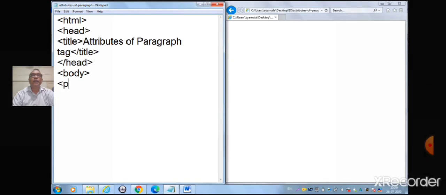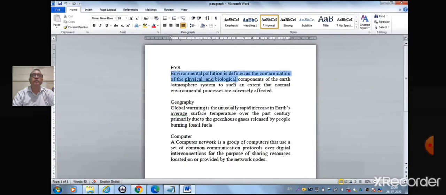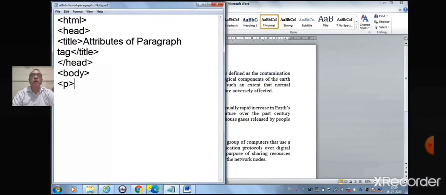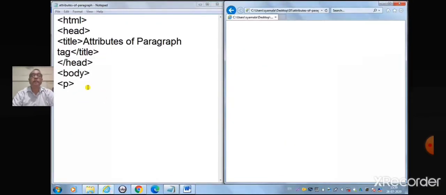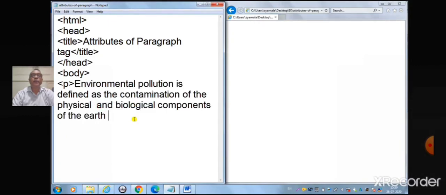Open the paragraph tag. Now let us insert the paragraph from the Word document. Right click, copy. Come to the Notepad window. Right click, paste and close the paragraph tag. This is the first paragraph.